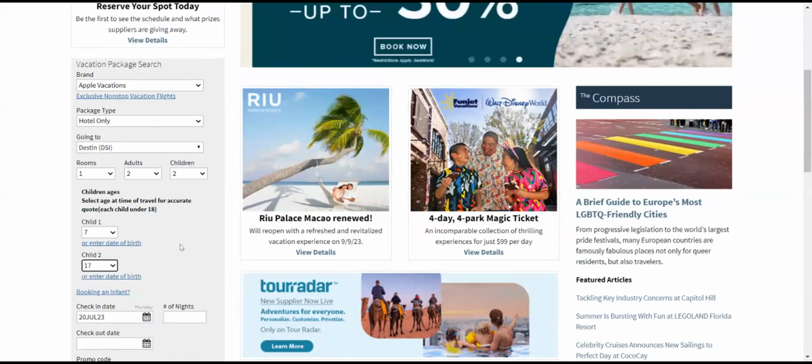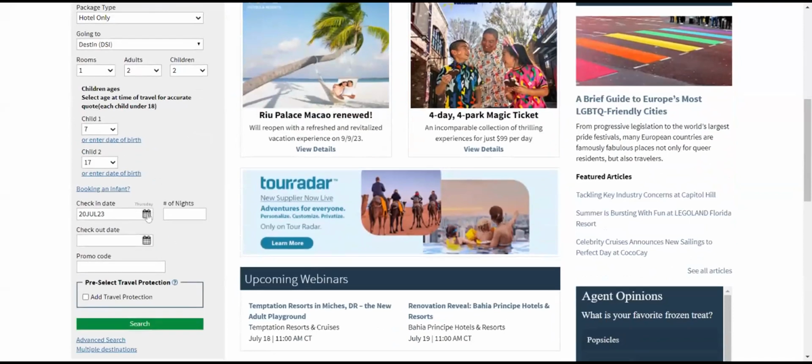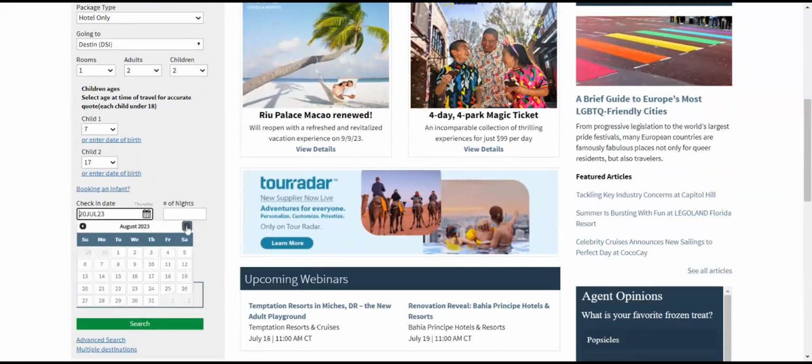All right. So the check-in date I want to do for the 1st of August. All right, guys. I'm going to tell you this, okay? Because I live in Louisiana, I live in the South, right? If you are booking a trip for Florida, Alabama, Mississippi, or even Louisiana, you guys do take into consideration that